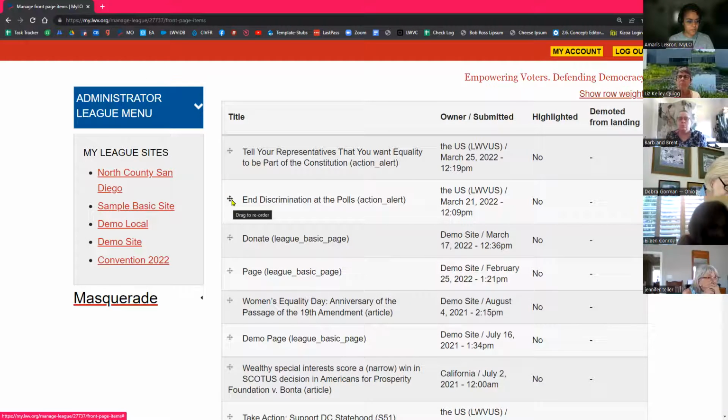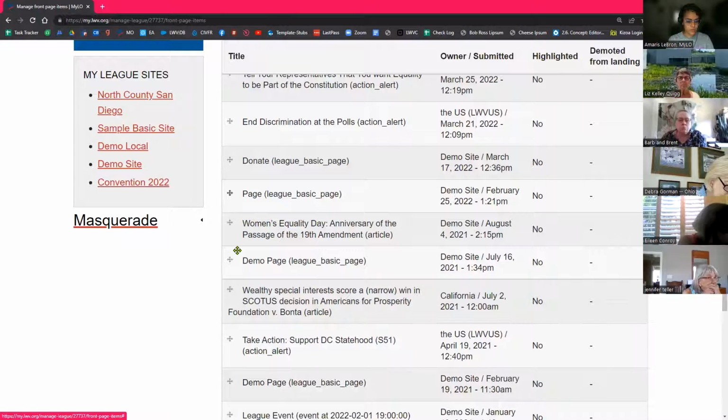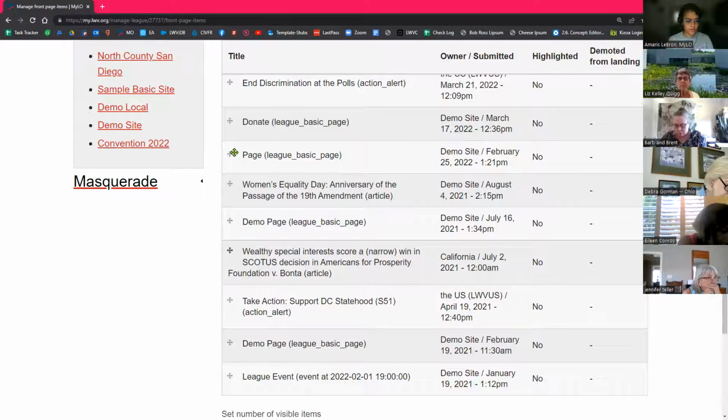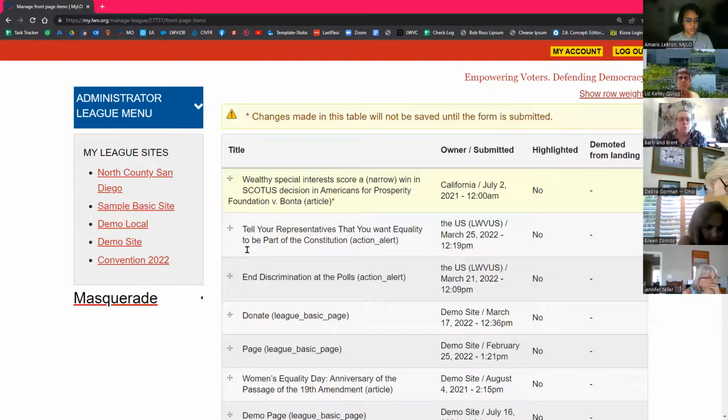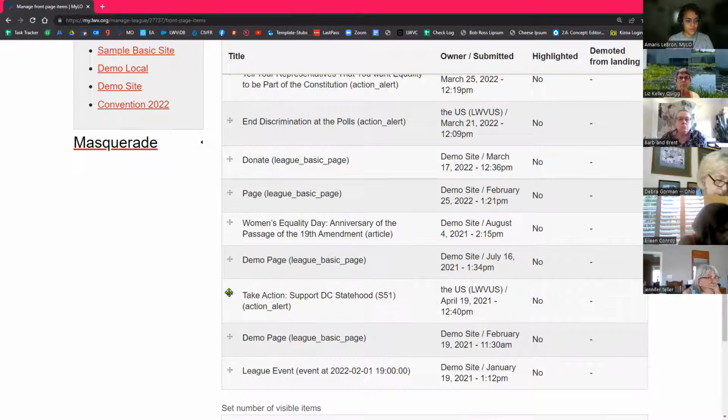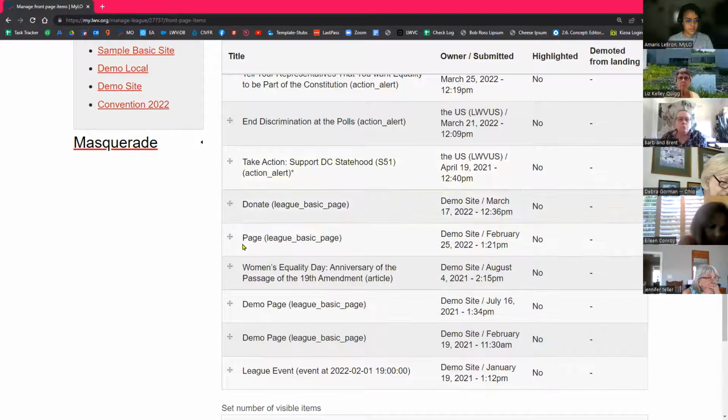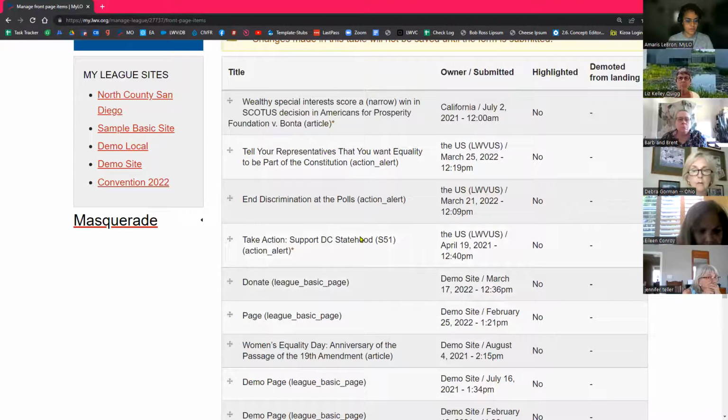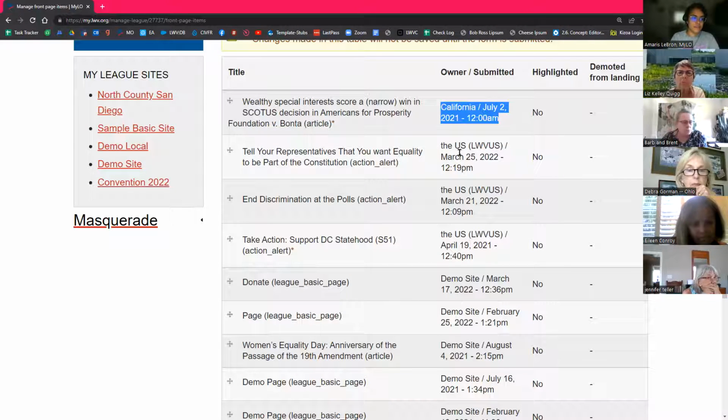So let's move some things around. I am going to move the California article up and all of the US items up. There we go. So we have things that are out of order as far as the usual order that